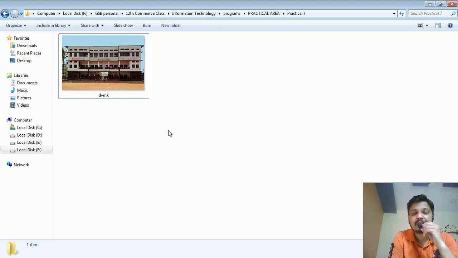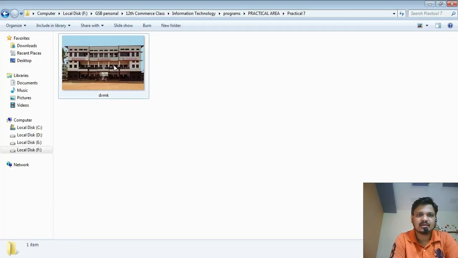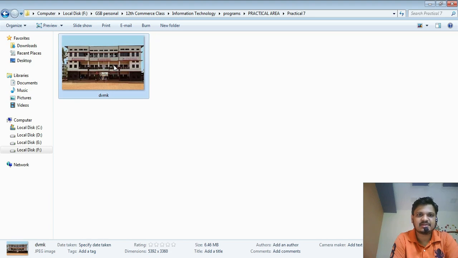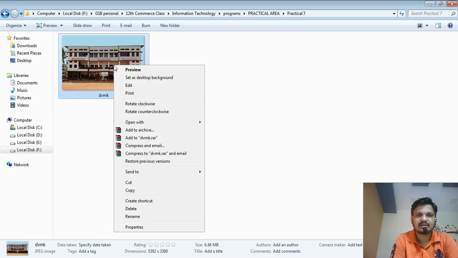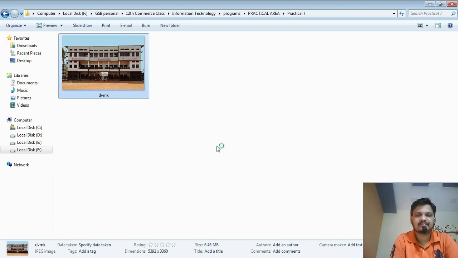Now we require coordinates. The basic requirement is to note the coordinates making use of a particular image editing software. I'm going to use Microsoft Paint. Simply click on the required image and open with MS Paint.